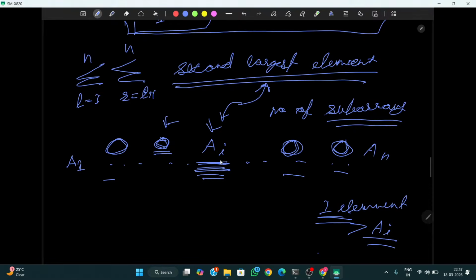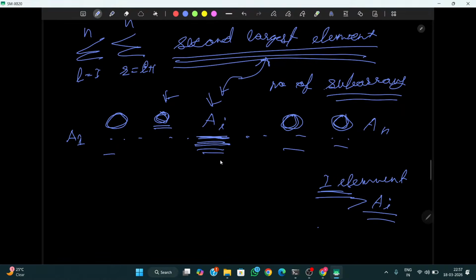We need AI to be the second largest element of the subarray. To make sure, what we will do is take AI, take one element greater than AI in the subarray, and not take any other elements that are greater than AI. We need only and exactly one element greater than AI to exist in the subarray. Okay. So now let's say you took the element on the left that is greater than AI in